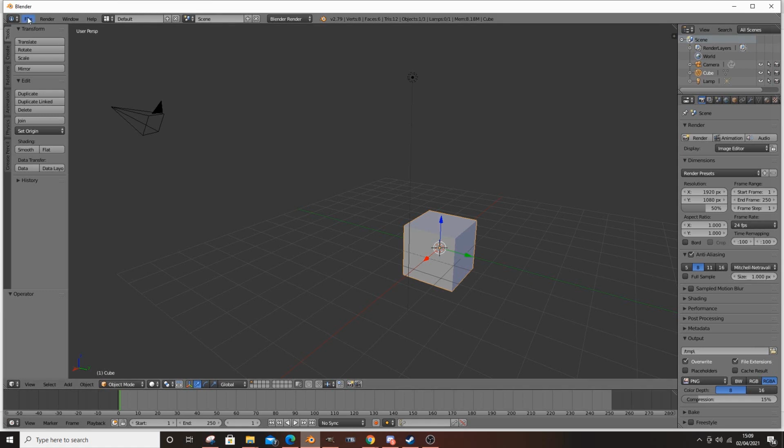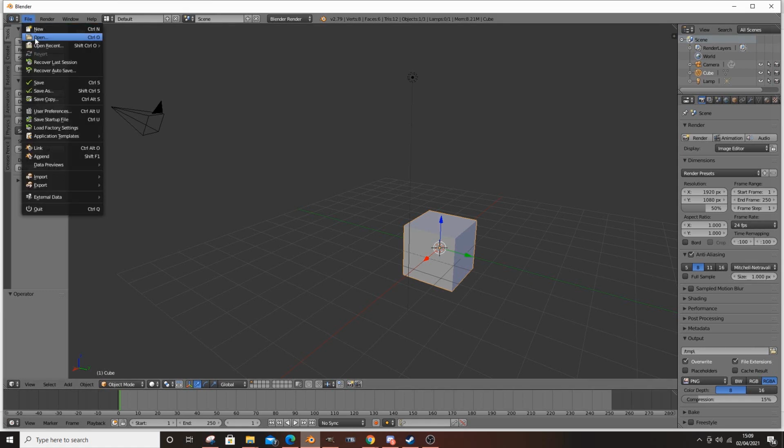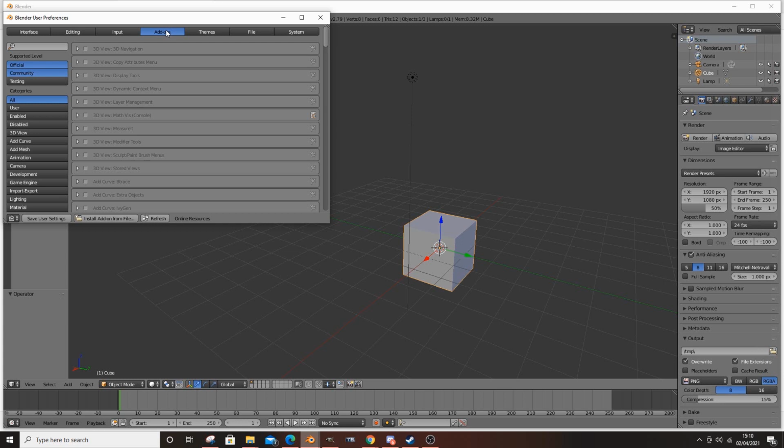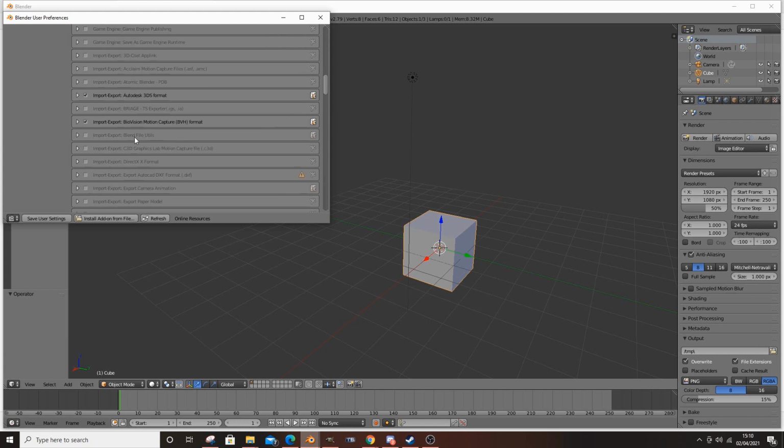Firstly, go up to File. You want to go down to System, User Preferences, sorry. And on this dot, you'll want to find Add-ons. Okay? So from here, you'll see the add-ons list. So the one you're looking for is this one. Import Export Bridge TS Exporter